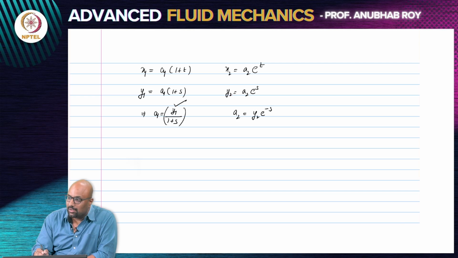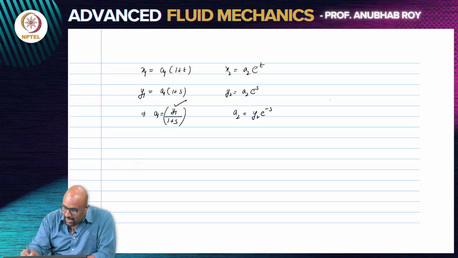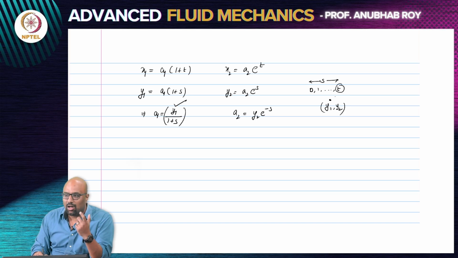You see what we have done here? A1 and A2 was nowhere there in the picture. Where I was at t equals 0 is not something that I actually gave in the problem. The problem said, I am at the point y1, y2. Particles are passing through this point at 0, 1, all the way till t. So s is that variable which is spanning this entire range. You have fixed t. You have said that, let us say, the clock runs between 0 and 10 seconds. So s is a variable that takes between 0 and 10.